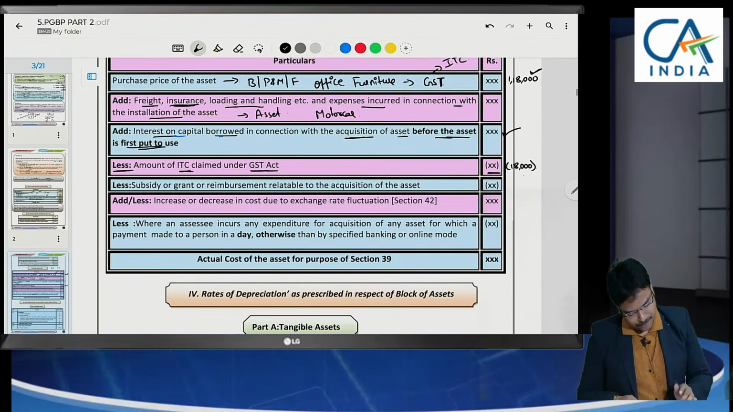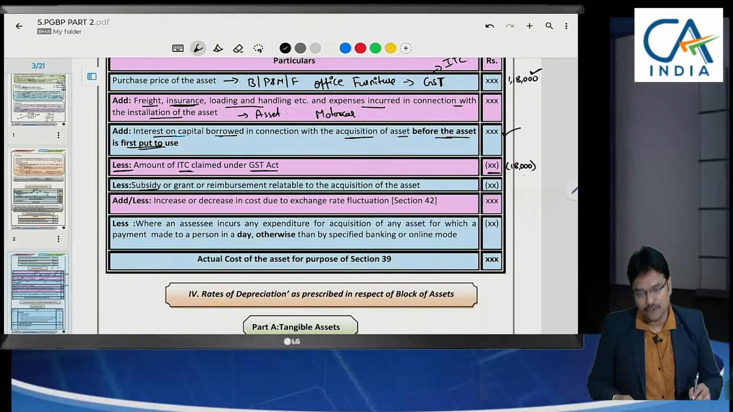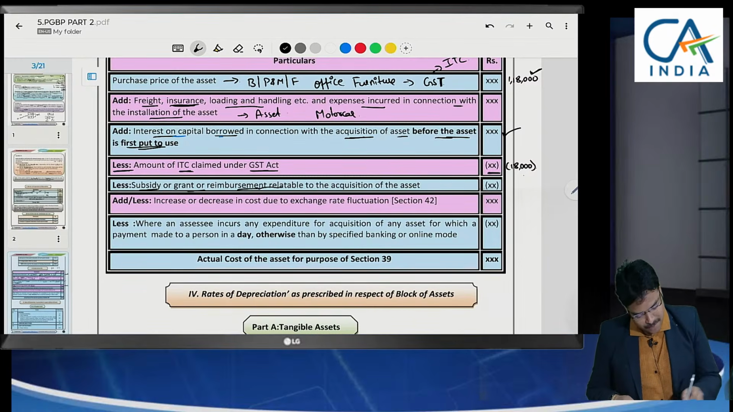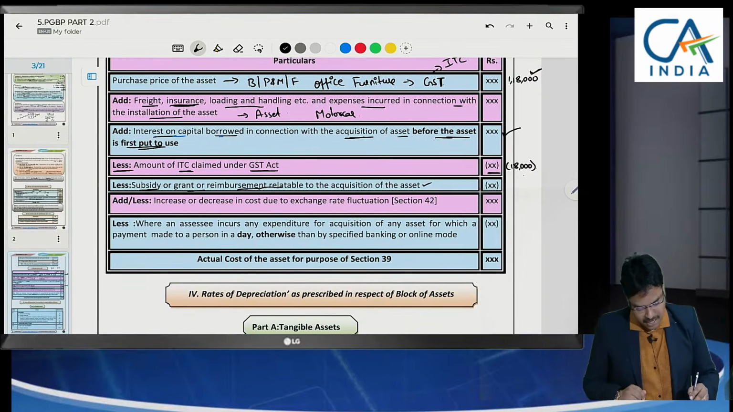Let us continue. Subsidies, if we receive, have to be reduced from the block value because it is a benefit to you. Subsidy or grant or reimbursement relating to acquisition has to be reduced. Sir, if the subsidy is received after 1 year, then you reduce it after 1 year only. Whenever you receive the subsidy, then you reduce. Coming to the next one,